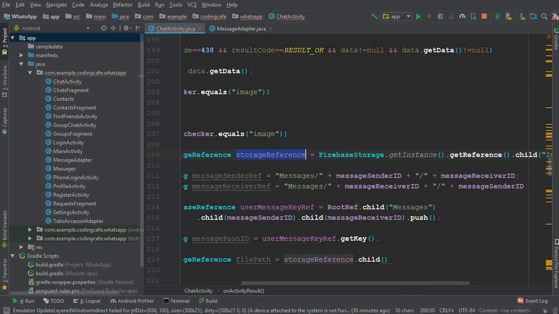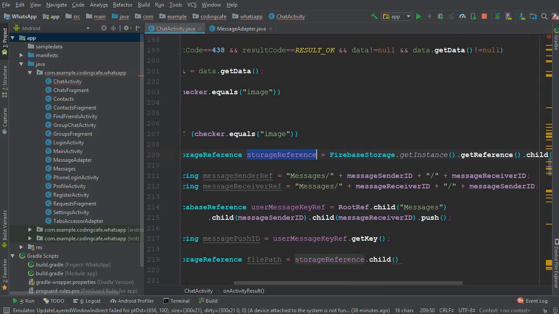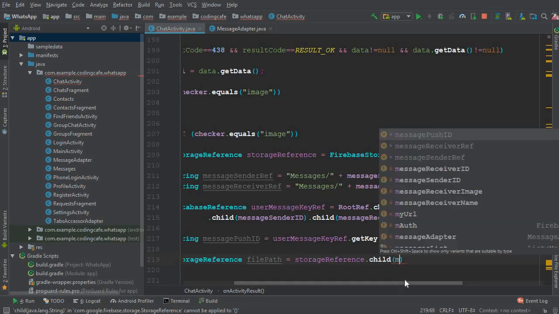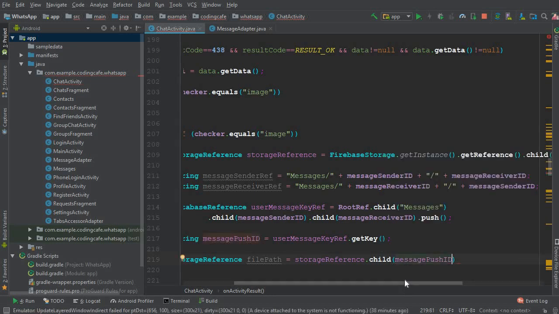Inside that folder we are going to put that file. So for that we say dot child, and we give a unique name, or unique ID, which is messagePushID, plus